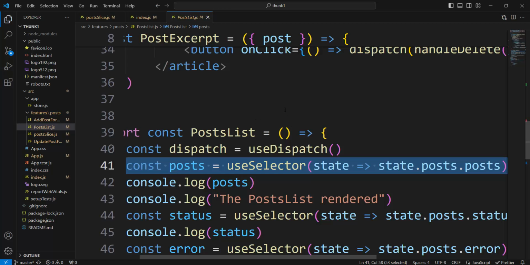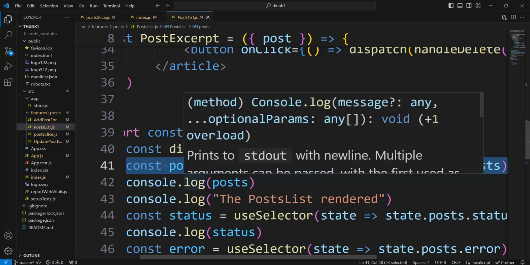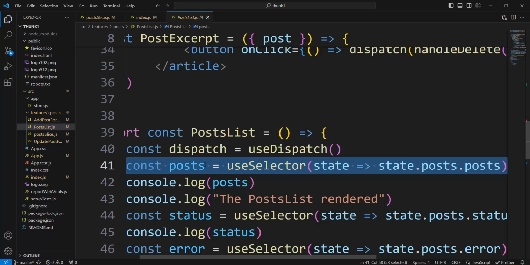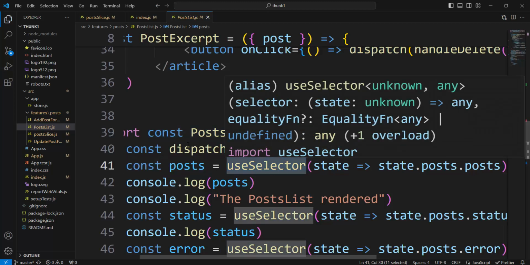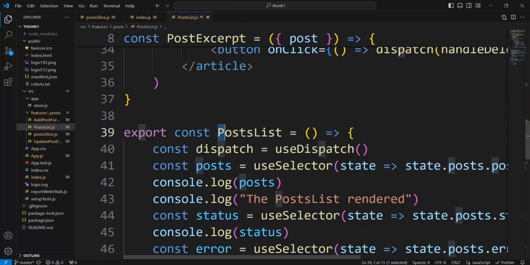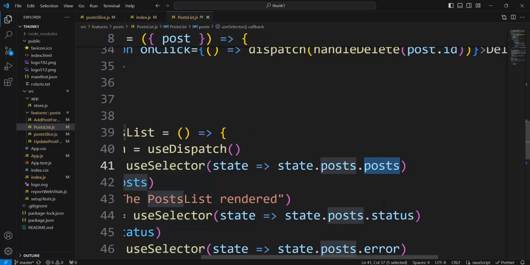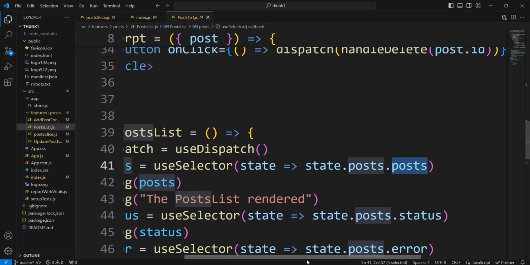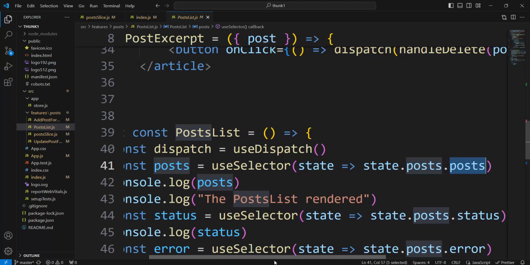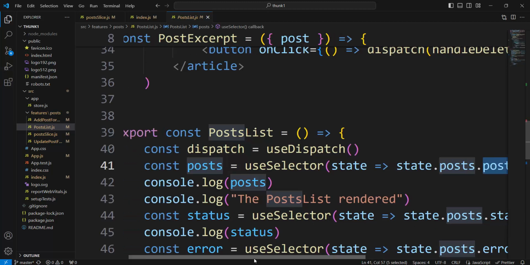In the reducer, there are three properties in the post state, but for us, the interesting one now is post, which is connected directly to useSelector. The initial rendering of post list would be by this useSelector. useSelector is connected to a global state, to the Redux post, and immediately in the initial rendering,